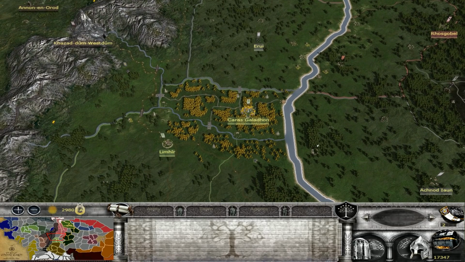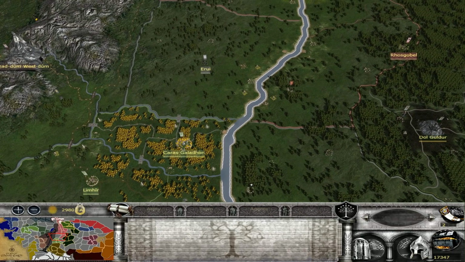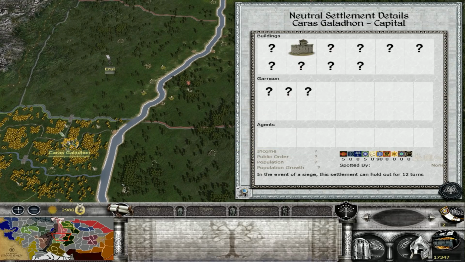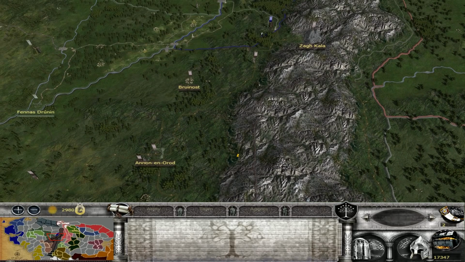It will look at Keras Galathon, for example, see 3 units and think, right, there's 3 units in there. I know what their strengths and skills are. I will take 7 units that will definitely beat them in the auto-resolve, given that I know what the auto-resolve is going to be because I am the computer. But then they attack it and boom, suddenly 5 more units appear and the army that they've created is not strong enough to take it. And that happens over and over again because the AI does go on a